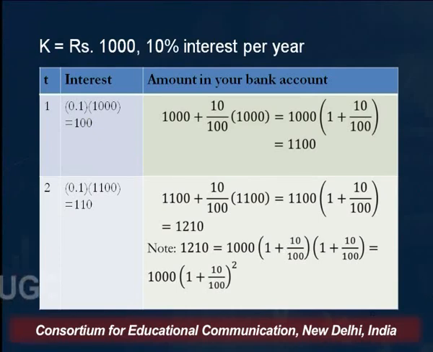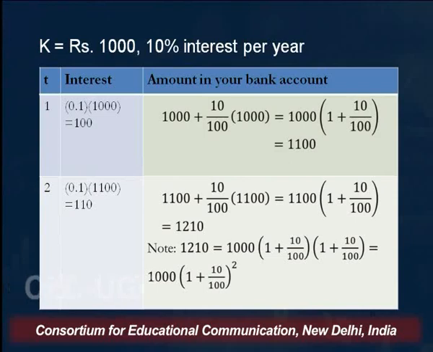Now, you would say that, okay, I have 1100 rupees in my bank now, so the bank should give me interest on 1100 rupees. And this is the beauty of what is known as compounding. You earn interest on interest, right? So what happens at the end of the second year? You're going to earn the same 10%, but now you're going to get interest of 10% of 1100, which is 110, and the amount that you have in your bank at the end of the second year will be 1100 plus the interest that you earn, which is 10% of 1100, and that amounts to